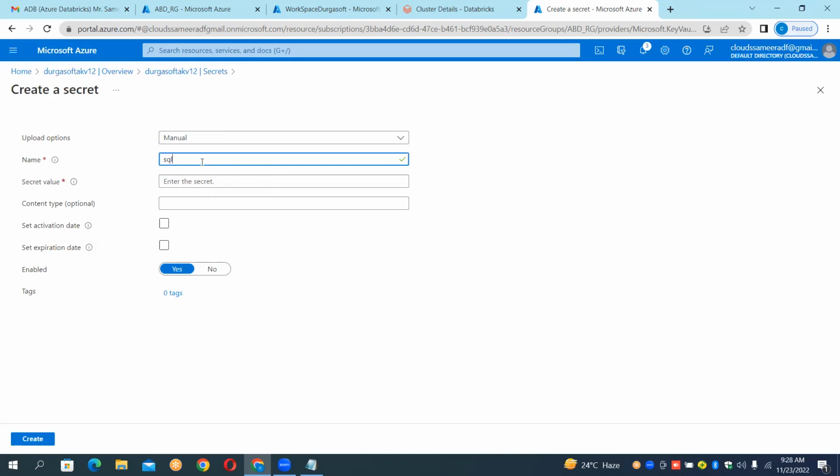What is it? JDBC, SQL JDBC driver. Okay, guys, SQL JDBC driver. We have to check it. Can you see here? How to get the URL of the SQL JDBC driver? Tell me now, guys. How to get the URL of a JDBC driver? For that,